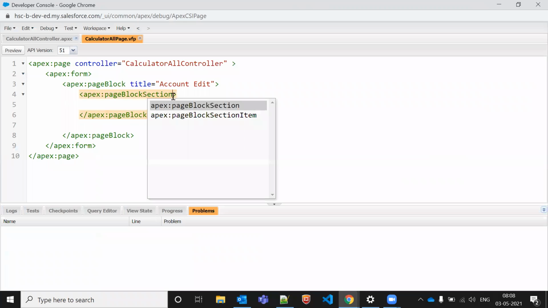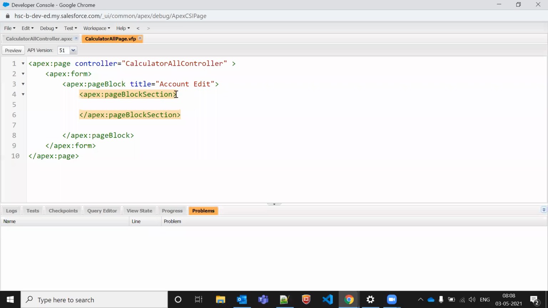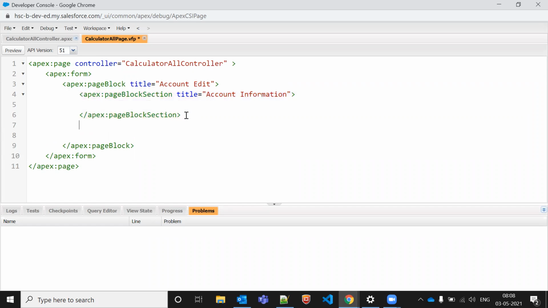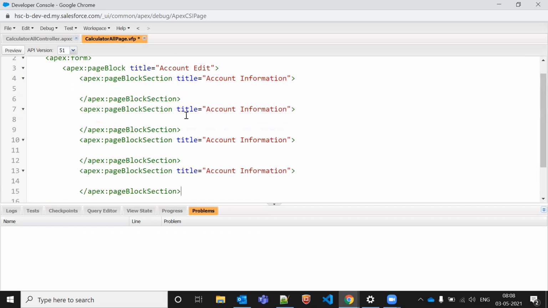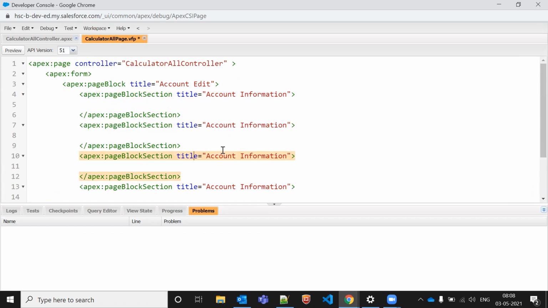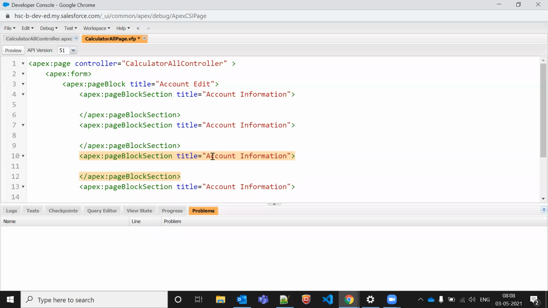Accordingly, I'll add some sections, let's say account information is a section. I'll say title, account information. If you want, we can create multiple sections. Multiple sections, what's the benefit of that? Let's say address information we want to give first.